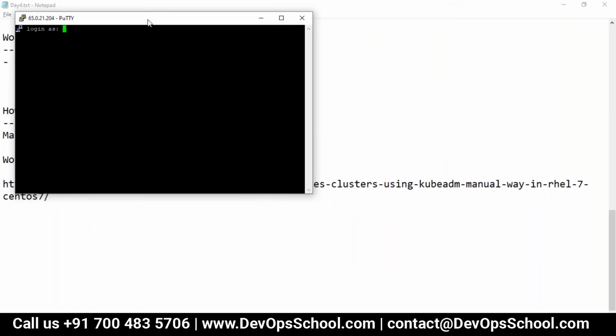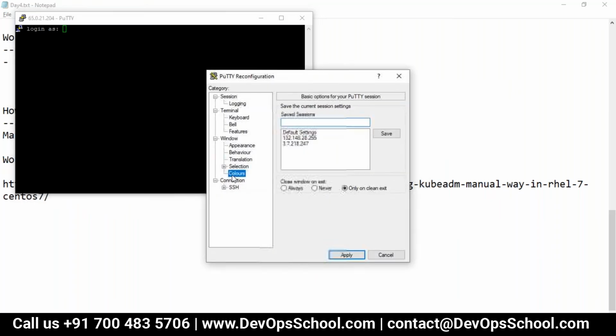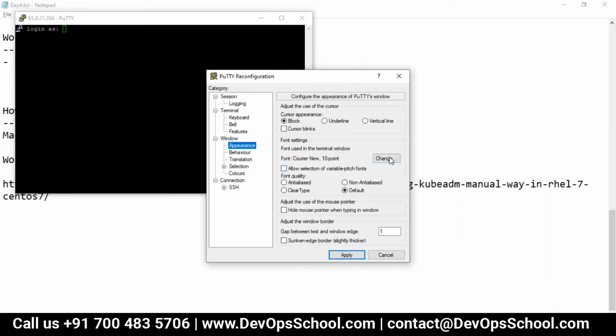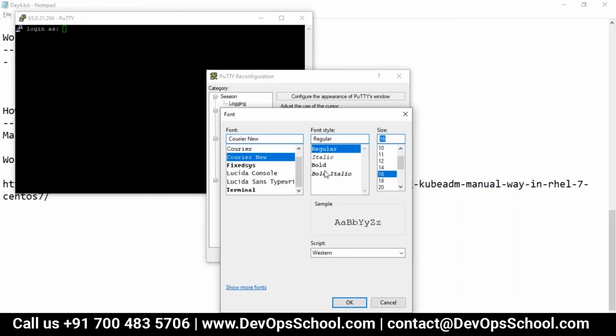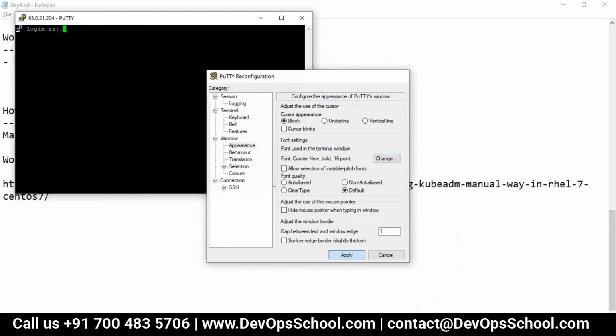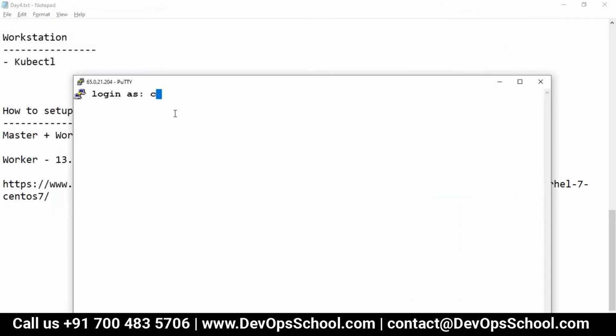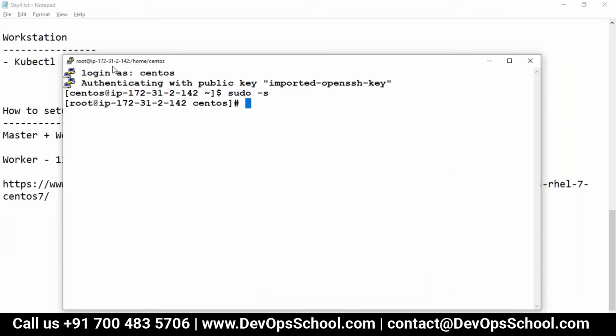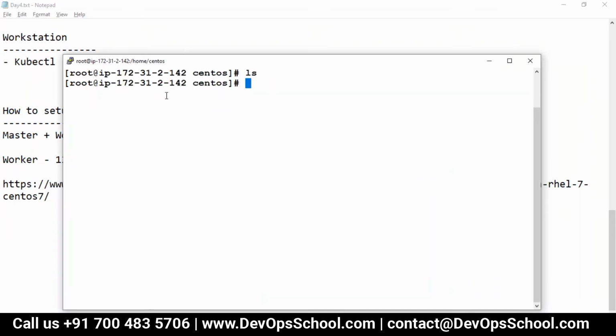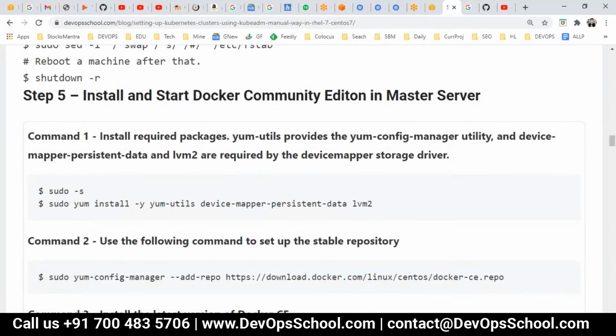Those steps which I have written are well tested multiple times. So I have limited doubt that it will not work for you. But again, if it's not working for you, you can leave that in the comment section. I'll check and then modify that with the error message. Okay, so the username is CentOS and it'll become root. Simple. Okay, so from here I have started doing it.